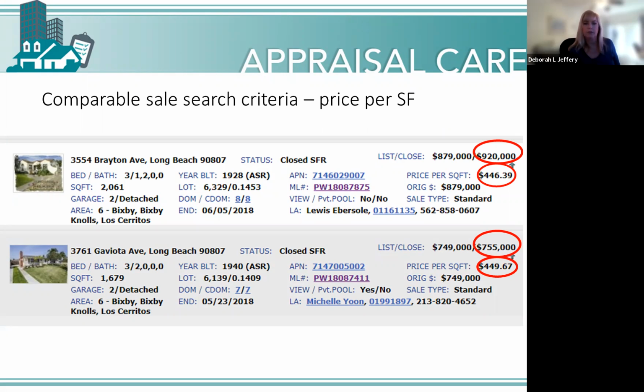Well, they're built in different time periods. So this one is a Spanish style, built in 1928, and this is more of a traditional looking home. And this one does have the pool. So these are 2 different properties that